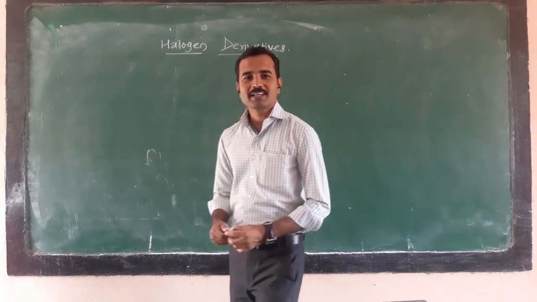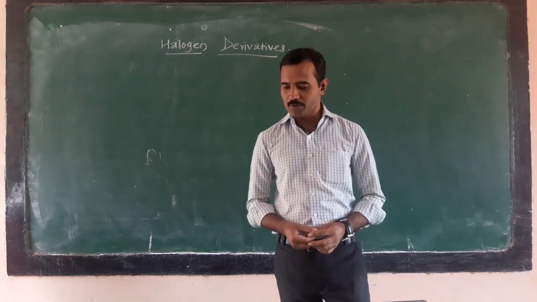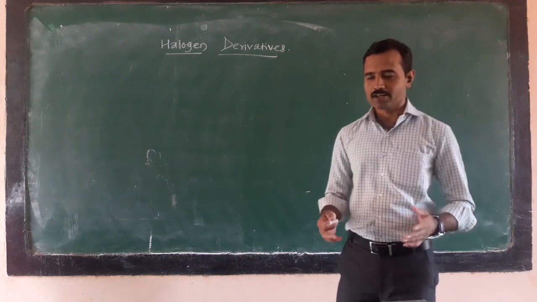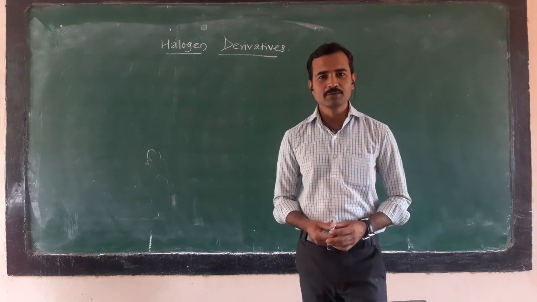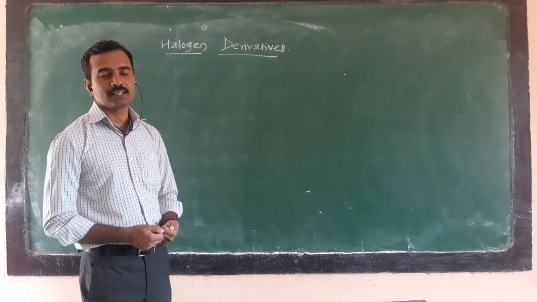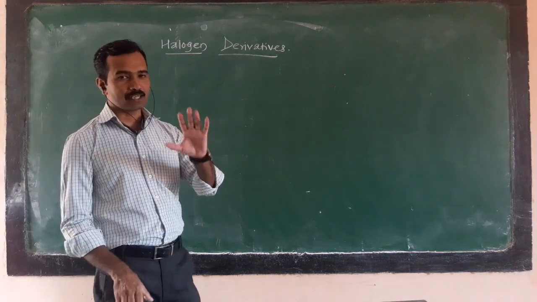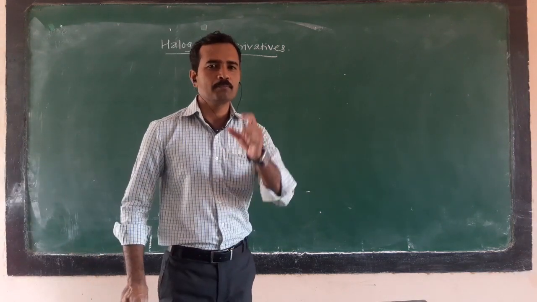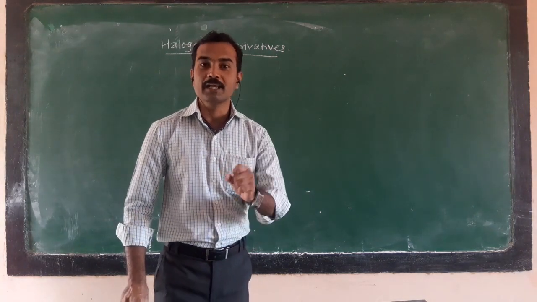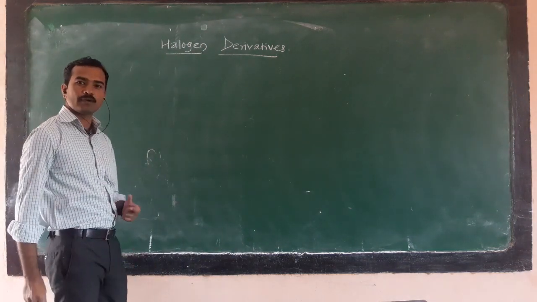We continue our topic, that is halogen derivative of alkane or halogen derivative of arenes. In the last video, we discussed the introduction and classification of halogen derivatives, which is based on the corresponding carbon skeleton as well as the number of halogen atoms. Now, in today's lecture, we discuss classification with respect to position or mode of attachment of halogen atom as well as hybridization. So, it depends on the position of the halogen atom.